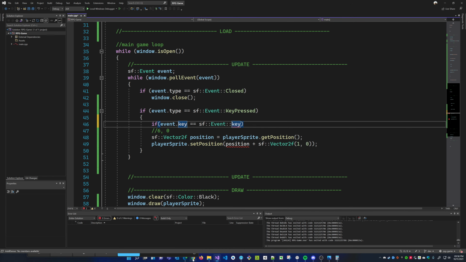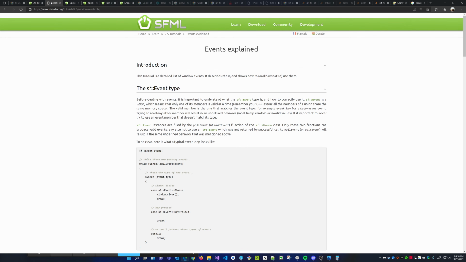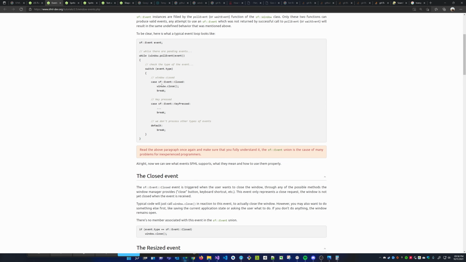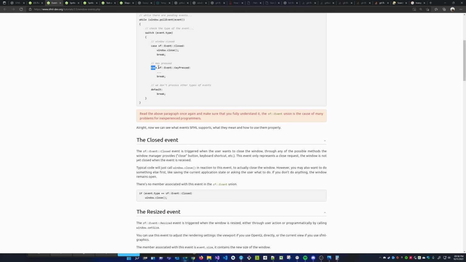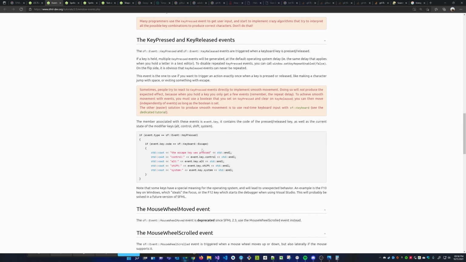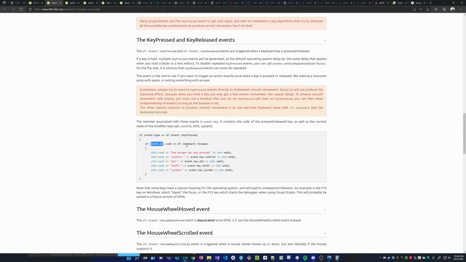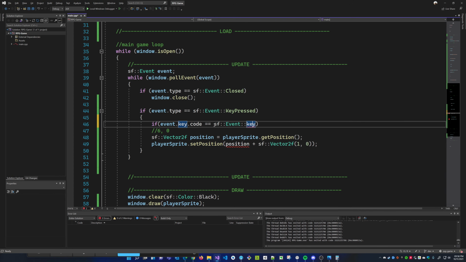How the hell do you? I'm just gonna look at the documentation. Let's go to the event section. Events explained. Thank you. All right, I check event closed. Okay, key press. So if the event type is a key press, I want to check a specific key. Can I get a specific key, please? Oh, so if event key press, and then I do event key dot code. All right, so event key dot code equal to SF keyboard escape. So in my case, it's going to be SF keyboard